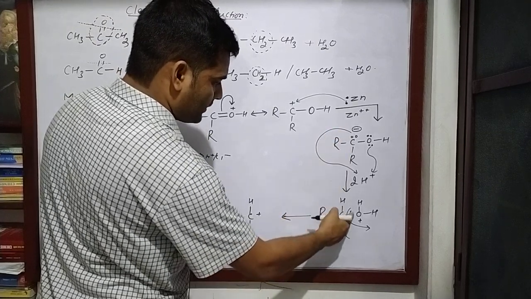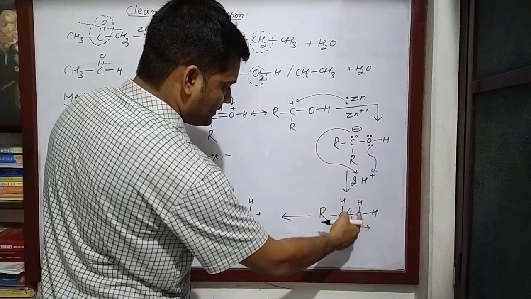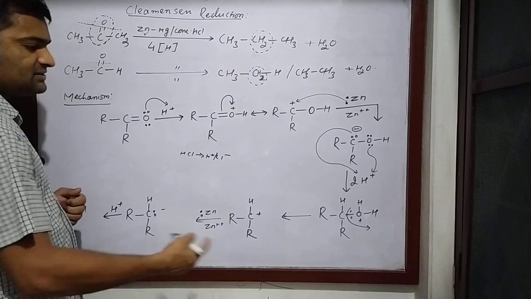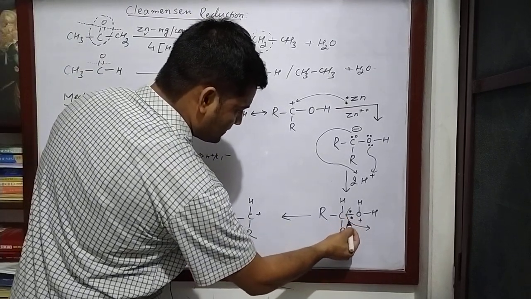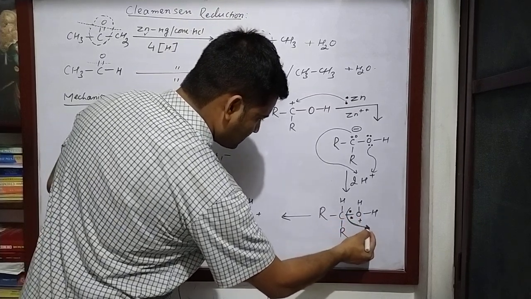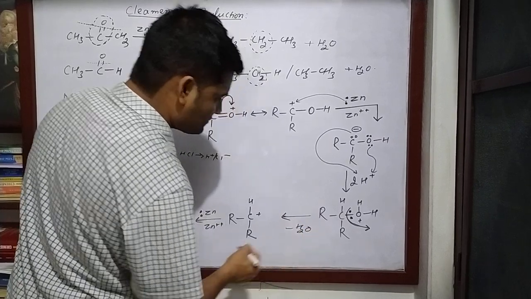And when one H+ is added to the oxygen, it gives OH2+. In the next step, there is cleavage of the carbon-oxygen bond, the lone pair shifts towards oxygen, and this gives a neutral water molecule as a byproduct, H2O.